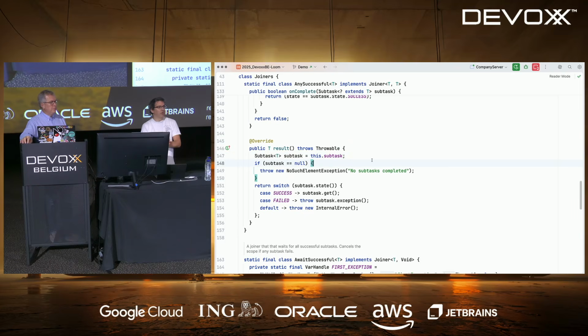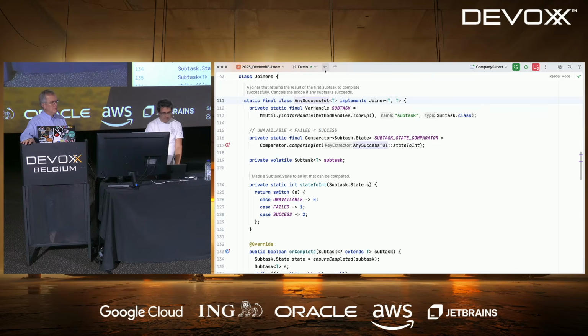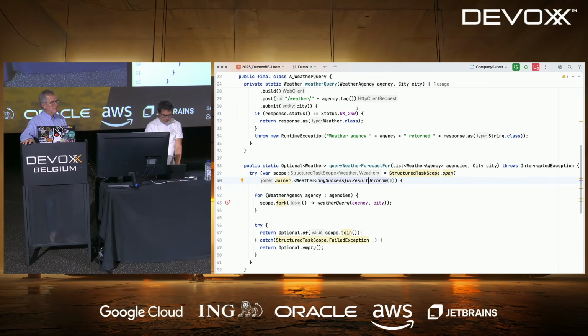If there is no subtask, it means that all tasks never completed. Otherwise, if it's success, it will return the value of the subtask. Otherwise, it will throw the exception. So this is basically the way it works.